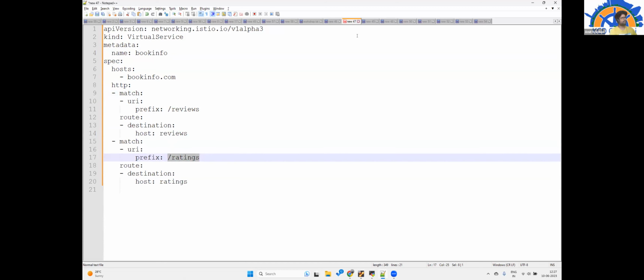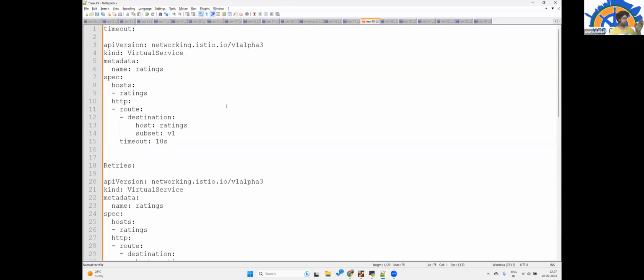Okay, likewise, we have different virtual service use cases. Some of them is timeout. These are the basic features to ensure the reliability of your services, like circuit breaker, retry, timeout, all those things. How you can configure them in Istio is through virtual service. So for the destination, you can say timeout for this one: if it doesn't serve in 10 seconds, just time out and return an error response.